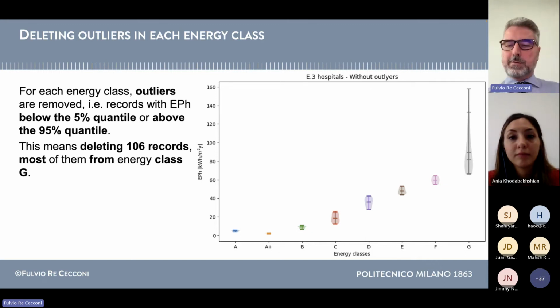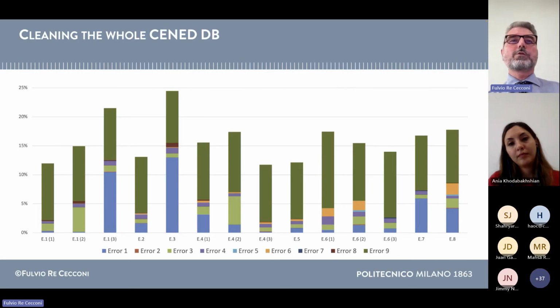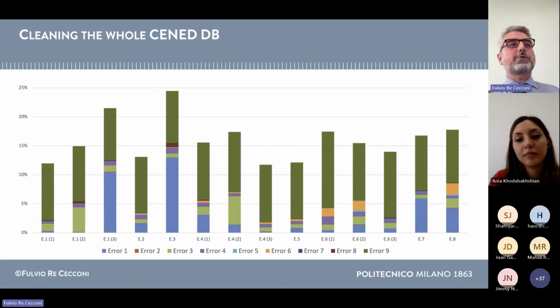So this is more or less the process you will do in a few minutes with Anya. Let me just show you a brief recap of how problematic our database was. In this picture you see a lot of bars. Each bar corresponds to an intended use of the building. They are classified according to an Italian law. For example, A1,